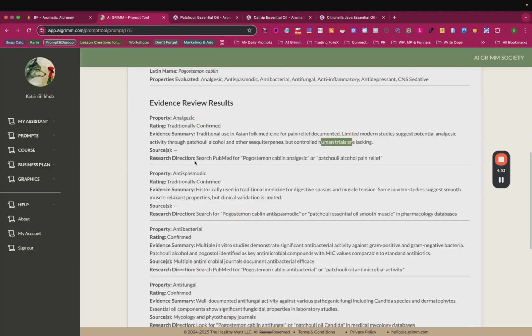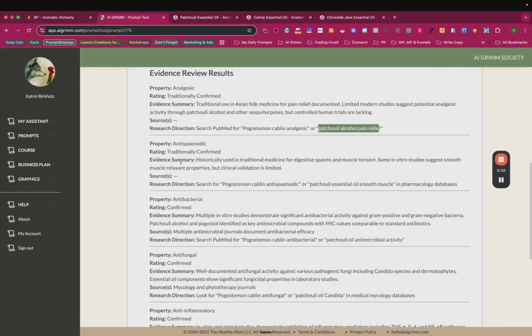You can try to search it yourself, and I will give you the research direction here. For example, you can go to PubMed and put in the Latin name plus analgesic, or patchouli alcohol pain relief, or something like this. Then in addition, we can see traditionally confirmed one more time. Some in vitro studies suggested smooth muscle relaxant properties, but clinical validation is limited, which it often, unfortunately, still is